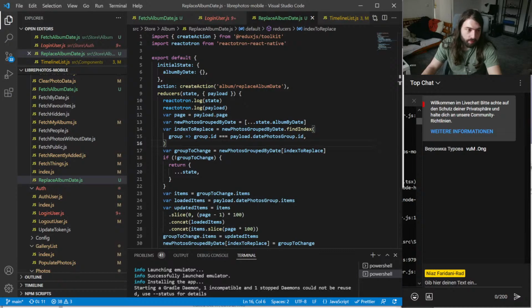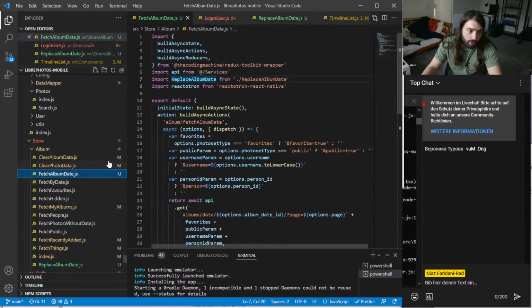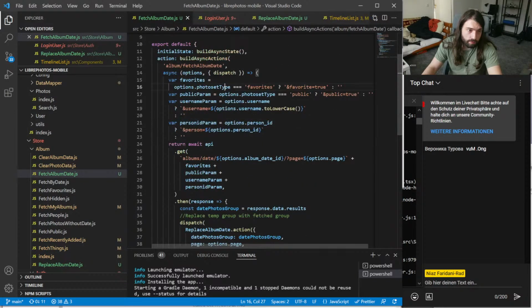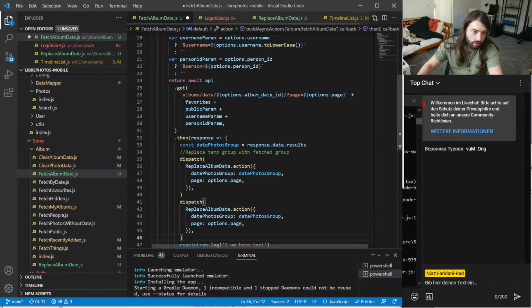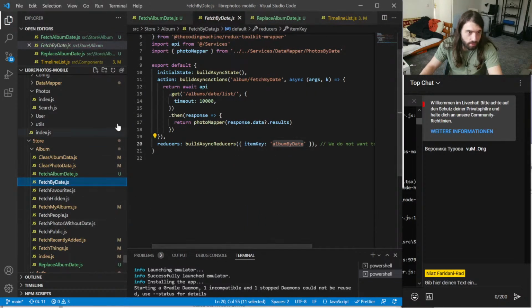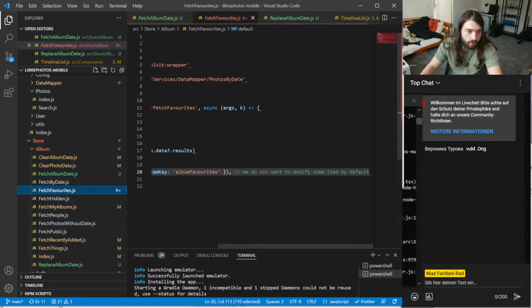I don't know. We could try dispatching other stuff too. Right, so just let's try. Instead of that, I just do, I don't know, fetch by date, I guess. Fetch favorites. Let's do this.